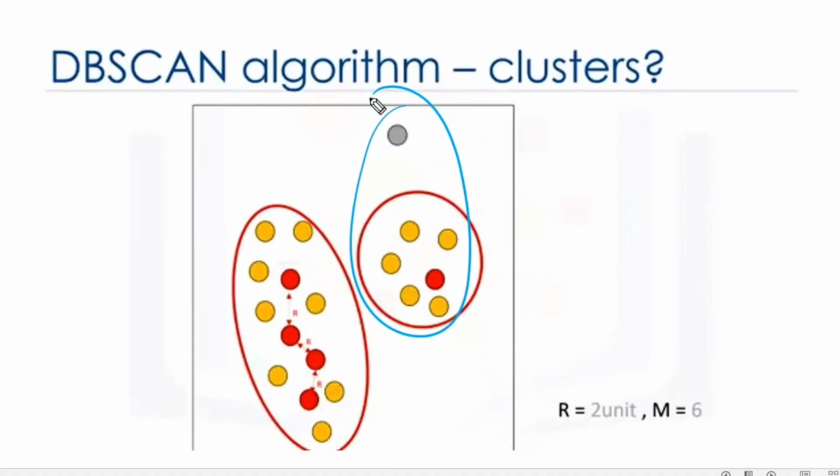So density-based clustering is used to identify the anomalies, the special data points that are there in my data set. To identify those, it has been created. It is not used for identifying the number of clusters. So here we are not able to identify the total number of clusters. How many clusters we have to make, we can't identify from DBSCAN. That is not possible, because this R value and M value are not fixed every time.